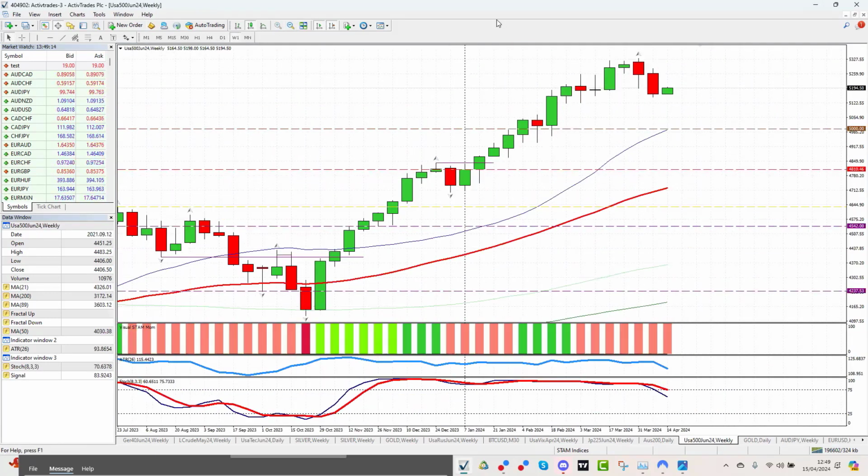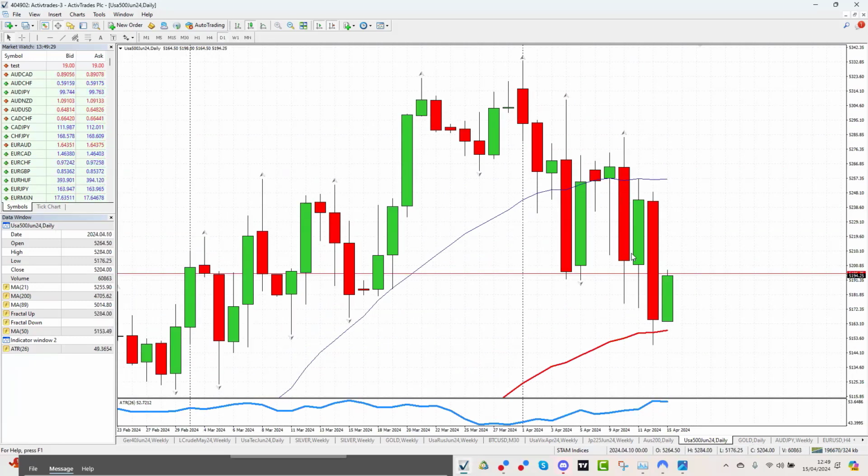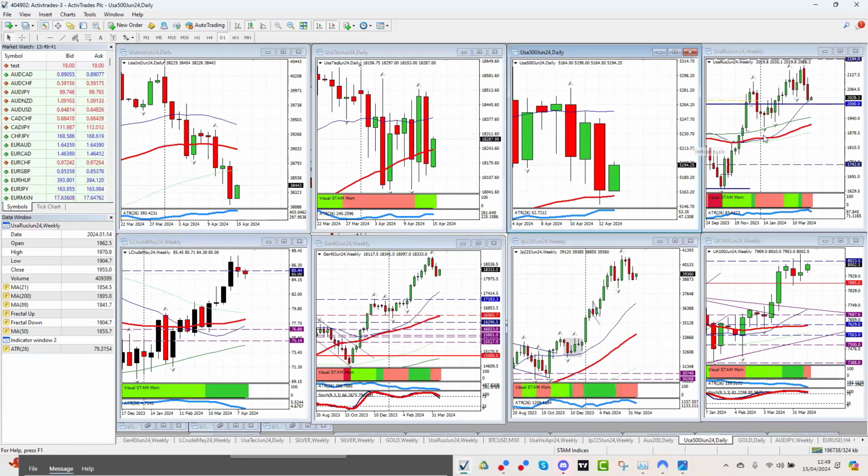S&P 500 was the same as Dow, namely that we'd had a hanging man, a bearish hanging man, a bearish engulfing candle, and as I said, I thought we'd drift a bit. I thought we'd do a little bit of a drift like what Nasdaq has done, but once again, you can see for yourself there, it's sold off. They did finish last week holding above the daily 50, and we can see there's probably a little bit of a relief rally here, but I'll be interested to see how that plays out this week at the moment.